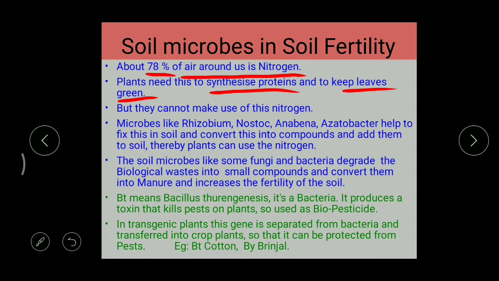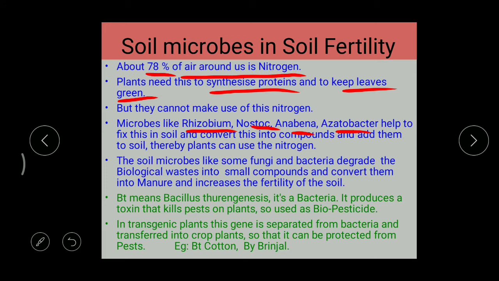For this we can find some microorganisms like Rhizobium, Nostoc, Anabaena, then Azotobacter. So these are the bacteria which can be found inside the soil. So why are we talking about them? These microorganisms, these bacteria, have the capacity to absorb nitrogen from the atmosphere and convert that nitrogen into nitrogen